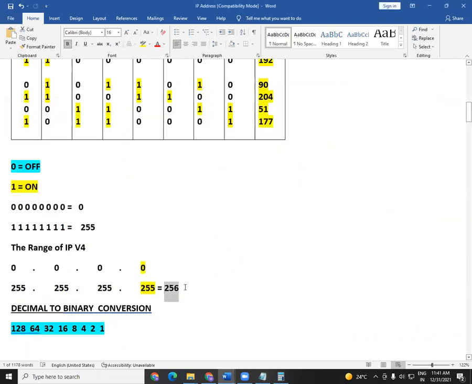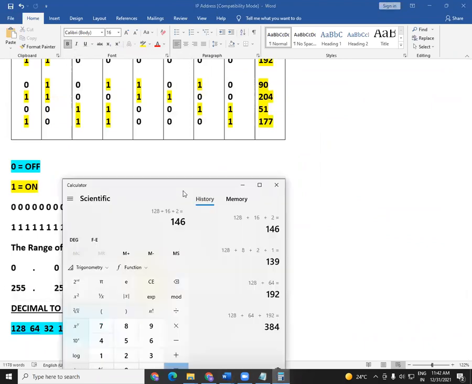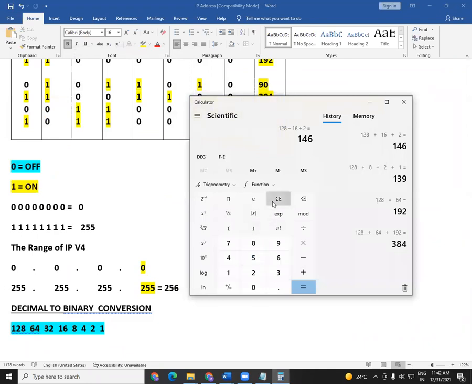So again, why have I written this 256 here? Because that is the total range. 0 to 255 means it is totally 256. Okay, I'll show you the calculation in this way now. Remember, we have seen 2 power 32. 2 power 32 is how much? This much. Remember, yesterday I told you in IP version 4, we have this many numbers. More than 4 billion numbers, right? I'll do one more calculation. Just remember the number 4294967296. Now I will say 256 multiplied by 256 multiplied by 256 multiplied by 256.